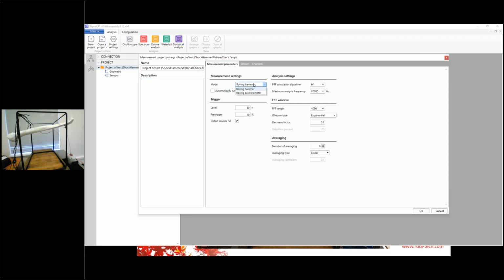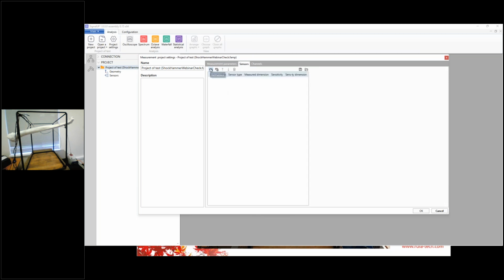Here we have two modes, roving hammer and roving accelerometer. We will use the second one. In that case, we will perform shocks at one point and measure the response with all our measuring sensors. Here we will set the level as 2 newtons. We will leave the FRF calculation algorithm and other averaging parameters by default, but I think I will set the number of averaging as 5. After that, we go to the Sensors tab, and here we need to enter